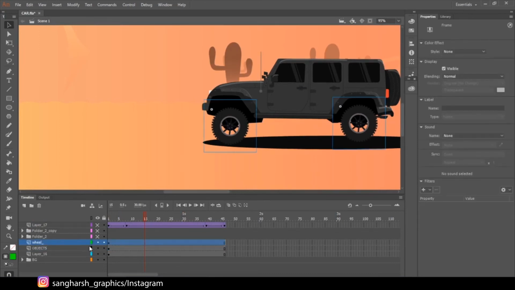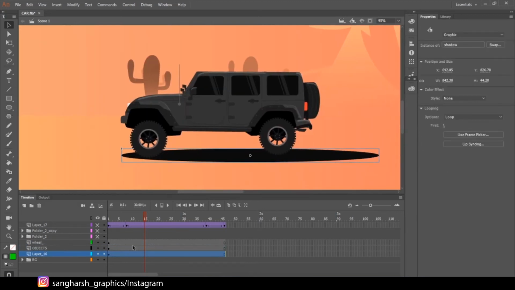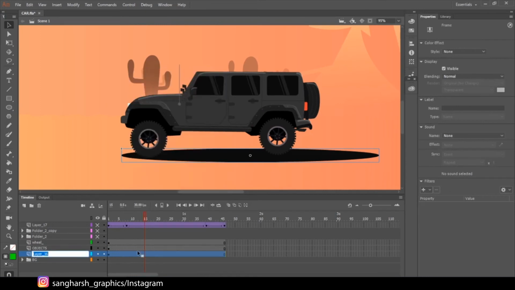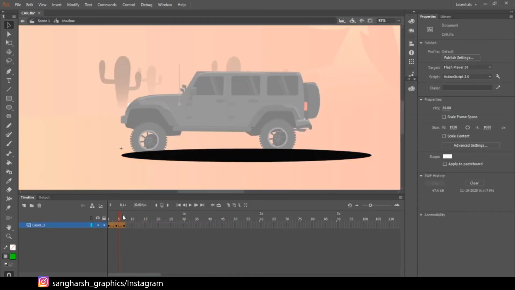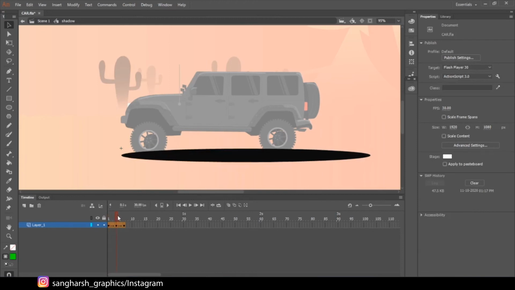I have also added the shadow, just a circle created with the ellipse tool, converted it into a graphic symbol again, and just the same, but here I have added the shape tween because it was a shape created directly. And I just animated its position between 3 keyframes.